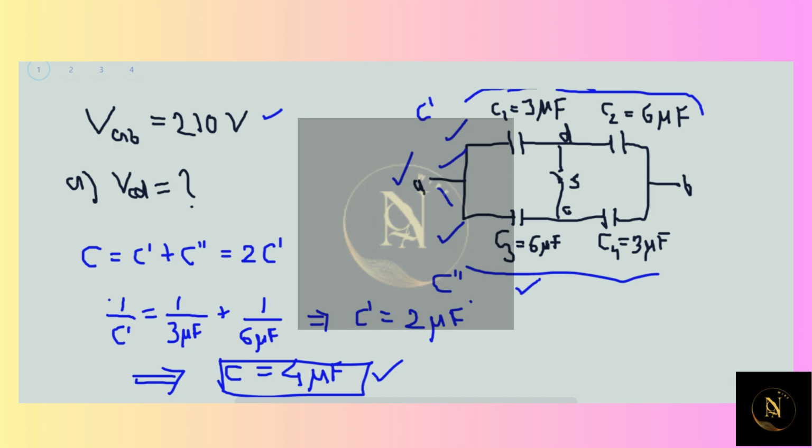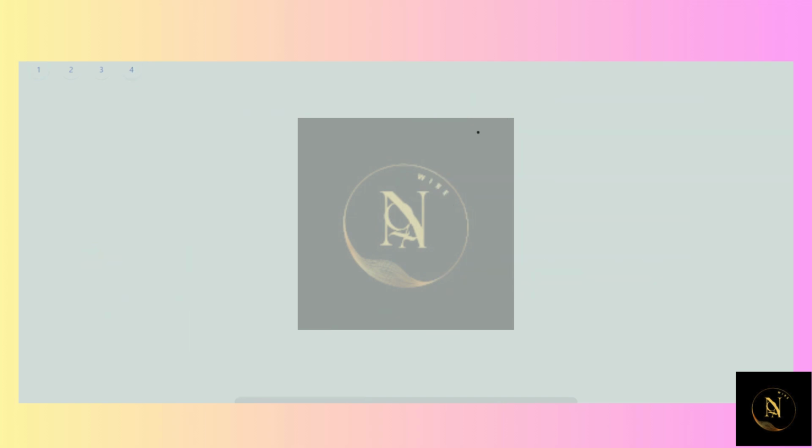So when the switch is closed, the two combinations together are in series. This C1 and C3, they are in parallel, which is in series combination with C2 and C4. So if I want to draw it here like this,